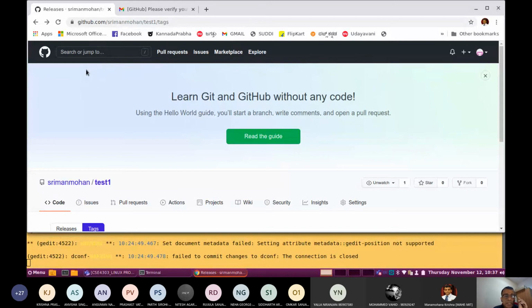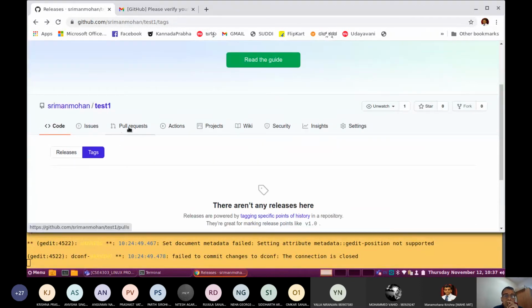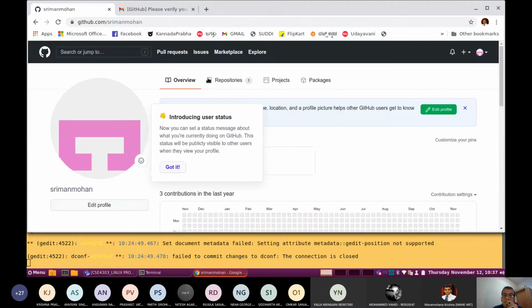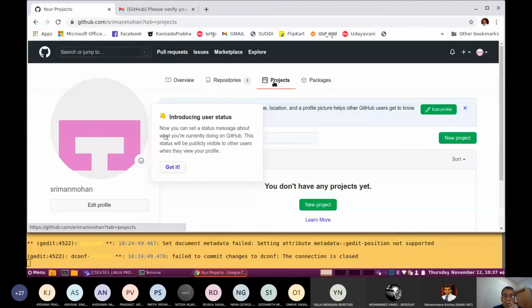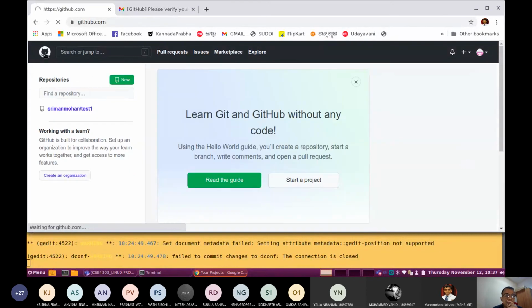So once you create a GitHub repository, try to share it or add your friends to your development team. Try to see how it works when you are also working on the same file and modifying the content. How to download a repository from one particular user. What are the different projects available in the Git project? How you can jump between different projects, and how to explore the different aspects of the GitHub repository.